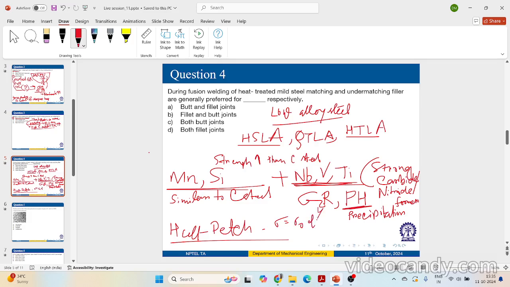Into d to the power half, something like that. So this is proportional to square root of grain diameter. D is grain diameter, right? As you are refining,